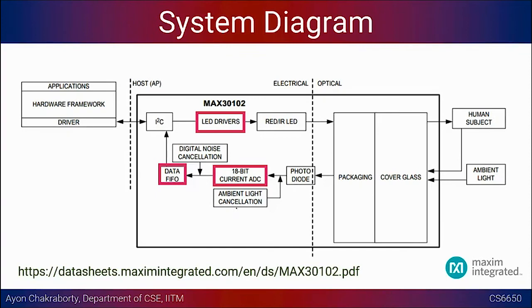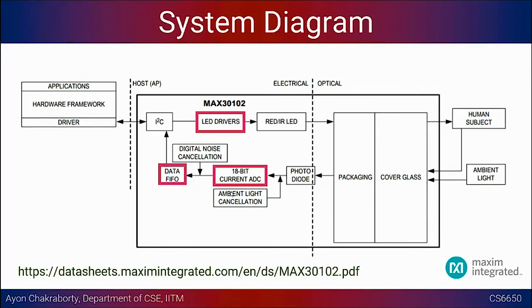And there is more hardware. So something called ambient light correction or cancellation, because wherever you do this measurement, there will always be some light present, right? There could be sunlight, which is also going to add to the DC component. And not only that, there could also be alternating components made by your fluorescent lights, right? The tube lights that you have at your home that are operating at 50 hertz. Even those things can be corrected in such hardware.